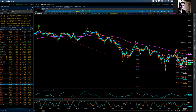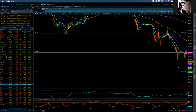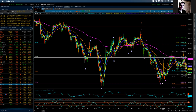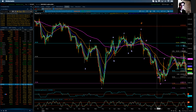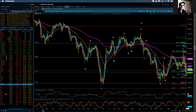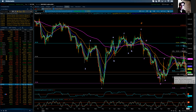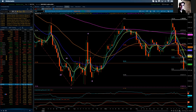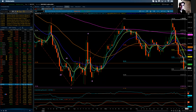Now, when we look at it on a little bit tighter band, like the hourly chart, it's the same dip, except you can't totally see it unless I pull it open, like this. So that's the wave 1. Here's the wave 2. We're looking for the third wave. It's in its infancy, basically, right here. And they're already jumping in. But now we're seeing that they're starting to come in and push lower. Again, don't be fooled that it's all going to start now, although I'm not a buyer in here. But if you're going to be trading overnight, if you're going to trade now, this afternoon, this evening, then remember,